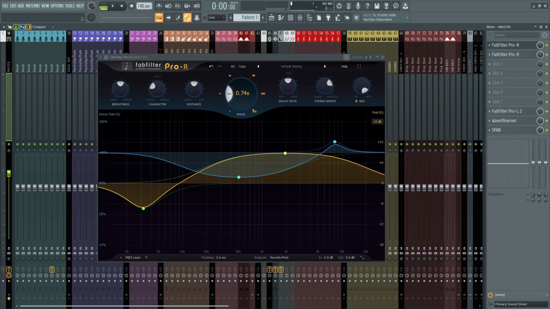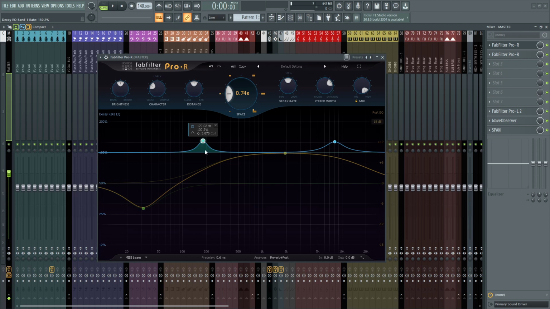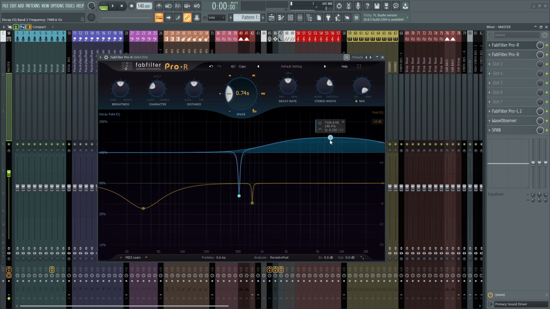Also, it's not just about high passing or low passing the reverb sound. If you experiment with the EQ points of only the reverb, you can get different tones out of it, and in turn it can completely change the sound on which you are applying the reverb. And you can also do some corrective EQ by taking out some notches like this. And if you think that your reverb is not bright enough, you can just boost the highs. You can just high pass or low pass it to make it sound more clear.